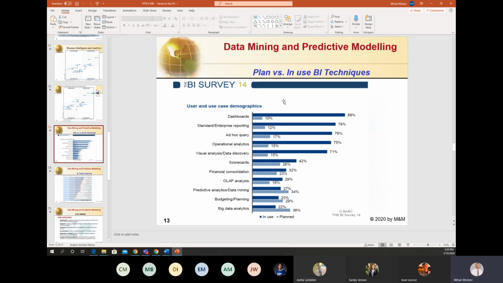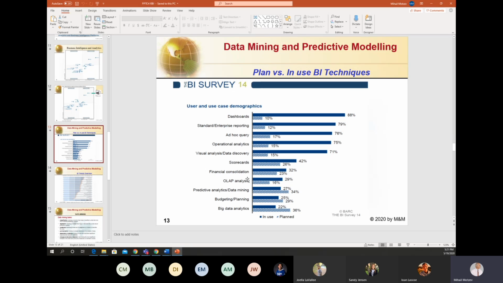As we can see, all these huge bars, above 70% of the use of business intelligence techniques in platforms, though in their plans, this amount should be much, much smaller.